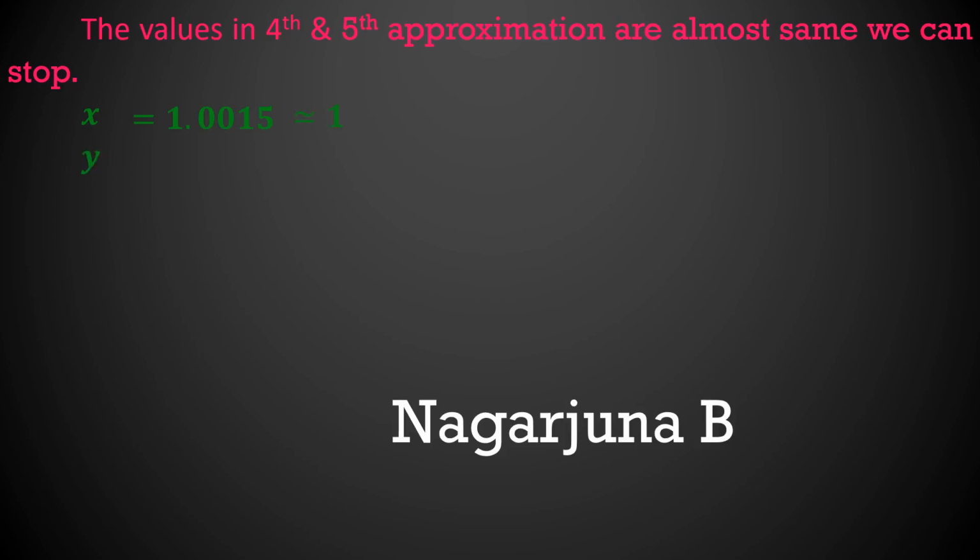Next, y is equal to 1.0019, which we got at the fifth step. Rounded off to one significant digit, it will be equal to 1. And the next, z value is equal to 1.0024, which we have got at the fifth step. Rounded off to one significant digit, this is nearly equivalent to 1. So that means the x, y and z values are 1, 1, 1 respectively, the solution of the system of linear equations 1 by the Jacobi method.